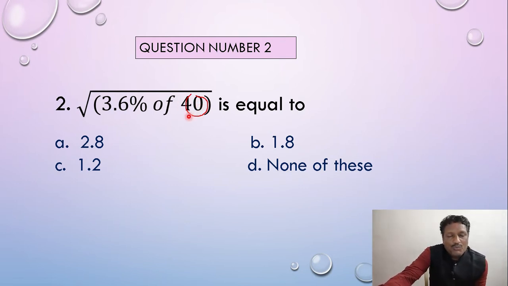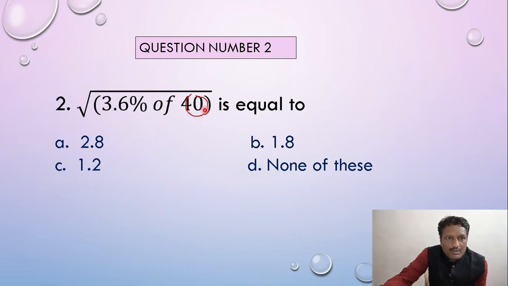This 10% is 4. 1% is 0.4. Now we have to find about 3%. Again 0.1% is too difficult to know. Let it be. So simply see here, 36 into 4 shortcut. Don't consider decimals or anything. First of all, we have to multiply 36 into 4. 3 fours are 12, so 120, 6 fours are 24. Please consider the numbers themselves only. 120 plus 24 means 144. So here the numerical value is 144.